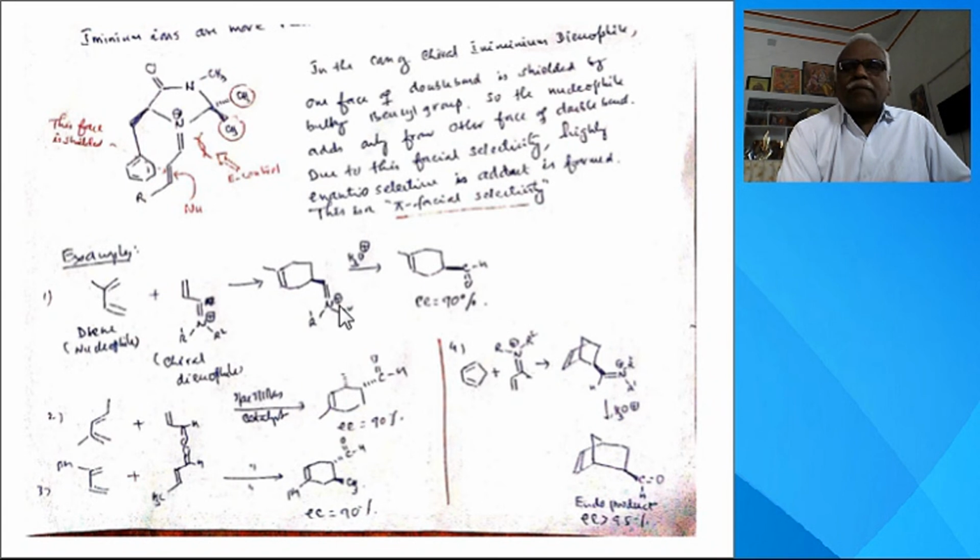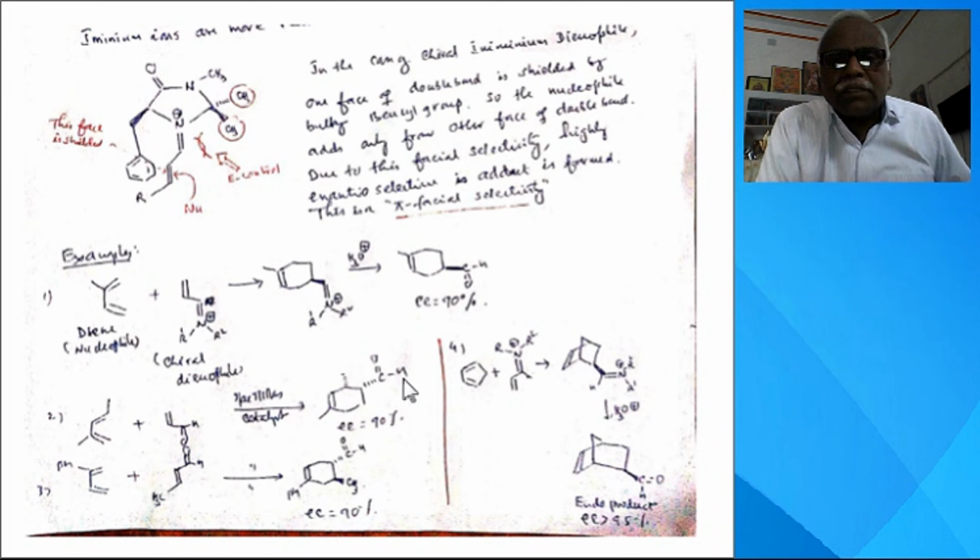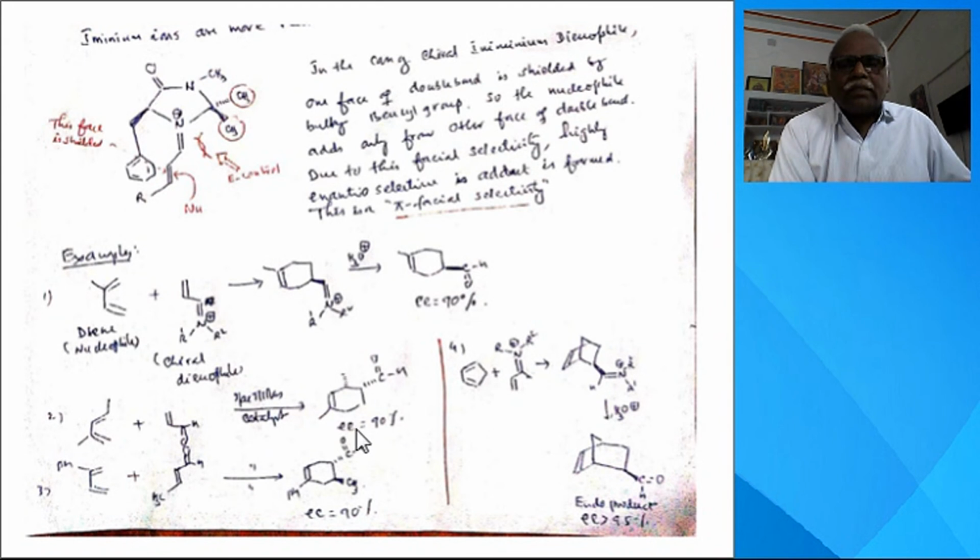Remember, in the Diels-Alder reaction you get only ortho and para products, but not meta products. So this is the para product we are getting here. Similarly, take another example, a 1,3-diene having a methyl group here and a methyl group here. This also reacts in the presence of the MacMillan catalyst. This is the methyl group, this is the aldehyde group, so they are present para to each other. This enters from above the plane, and this methyl is below the plane.